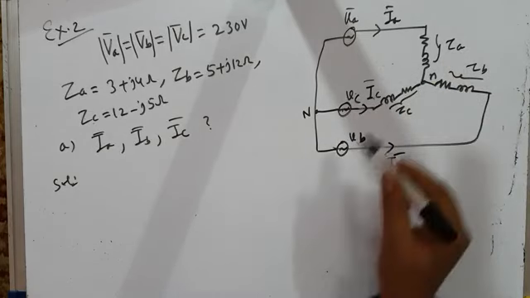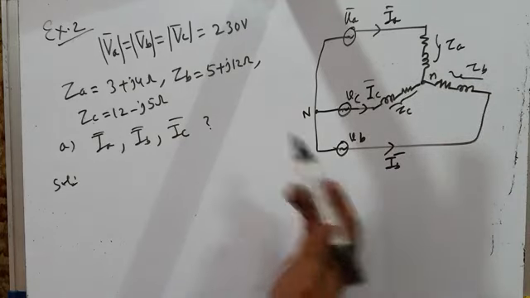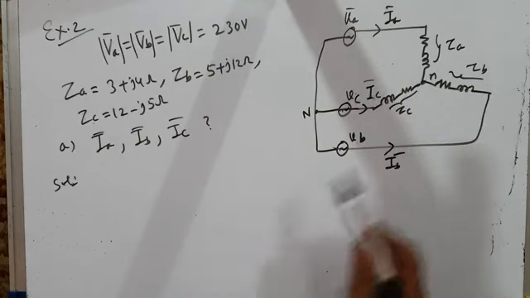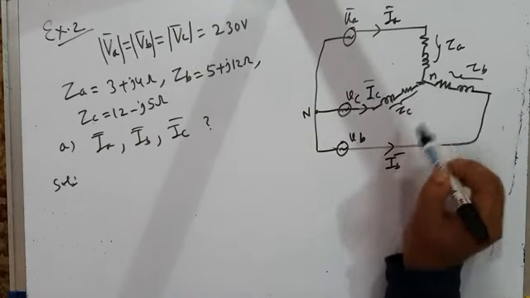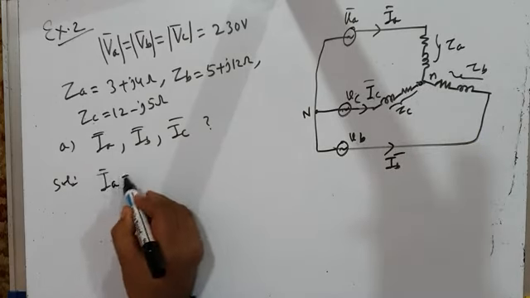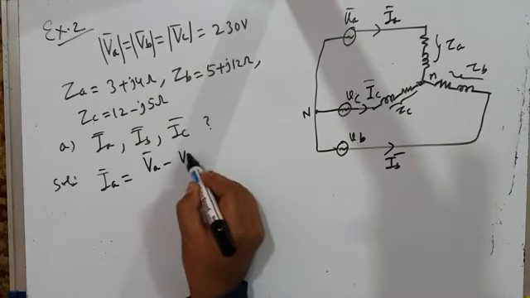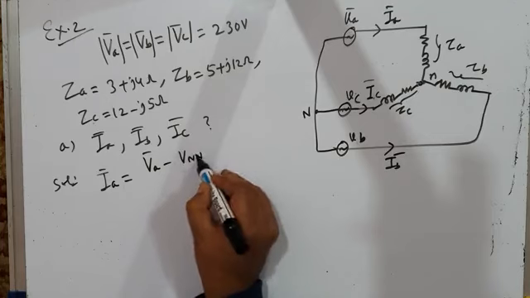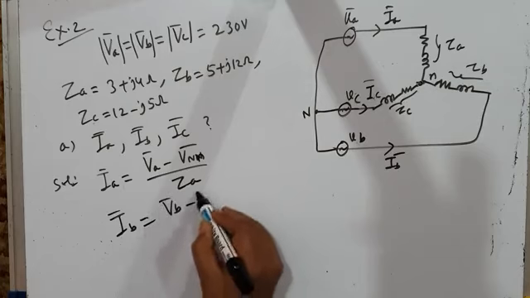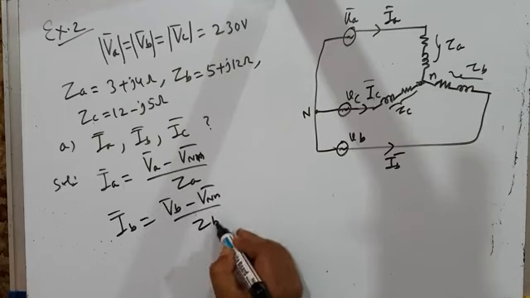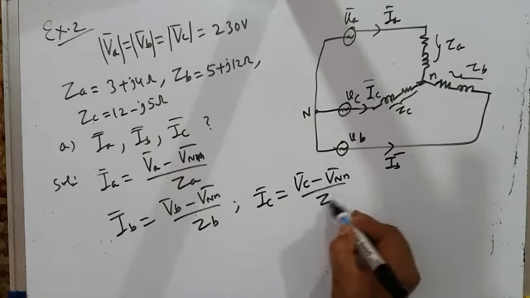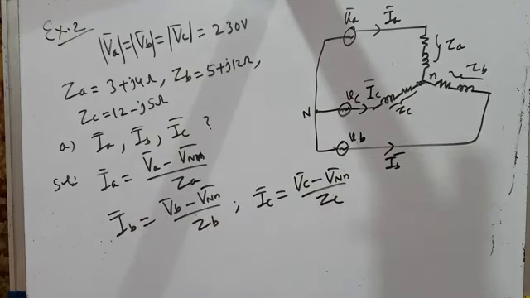So this is the example of an unbalanced star connected load. The previous one was an unbalanced delta connected load. This is an unbalanced star connected load, for an unbalanced three-phase, three-wire system. With unbalanced loads, we already know the line current IA is given by (VA minus VNN) by ZA. Similarly, line current IB is equal to (VB minus VNN) by ZB, and line current IC is given by (VC minus VNN) by ZC. We have derived this in one of the previous classes.